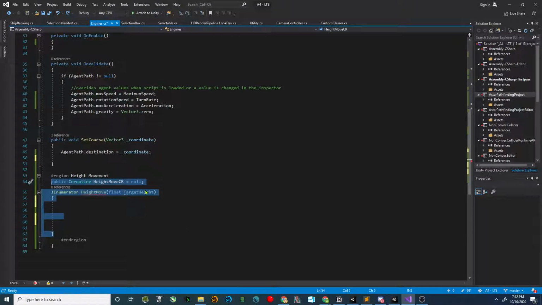It's going to take a target height value. And of course, with my coroutines, the little coroutine pattern I like to have, I like to create a public coroutine called heightMoveCoroutine, so that way we keep track of the current running coroutine. So in case there's a new change of movement, we can detect if it's already moving in a certain direction and cancel that if need be later. Alrighty, so